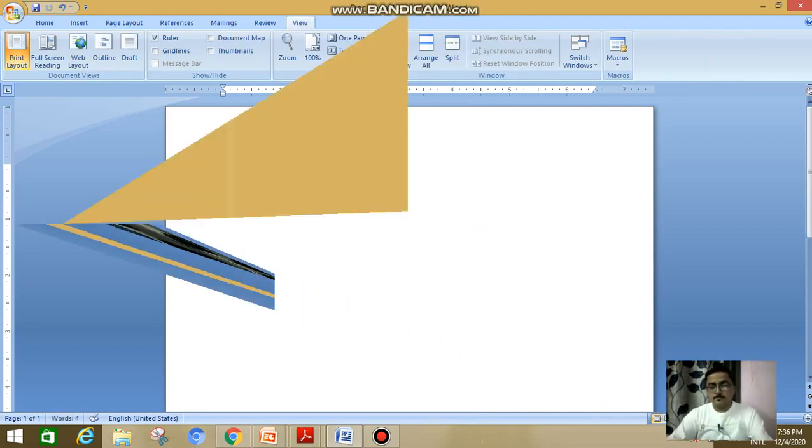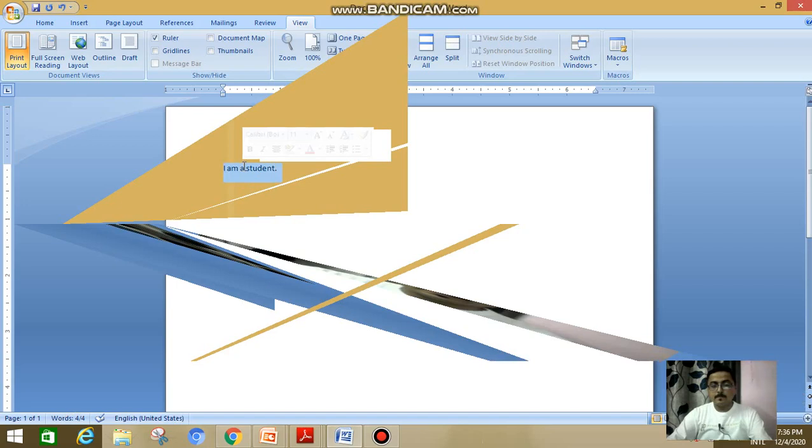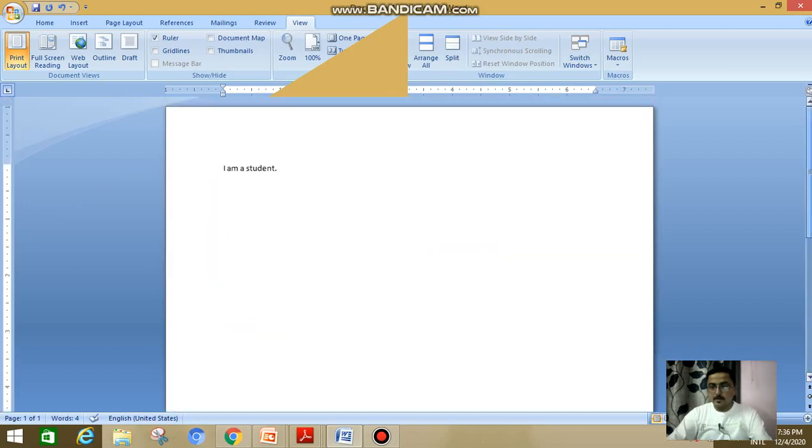To select a particular word, you have to double click. If you want to select the whole paragraph, triple click. This is the scrolling bar.